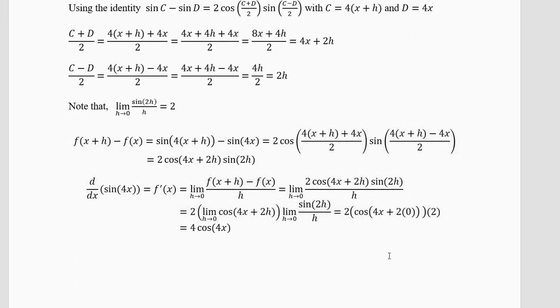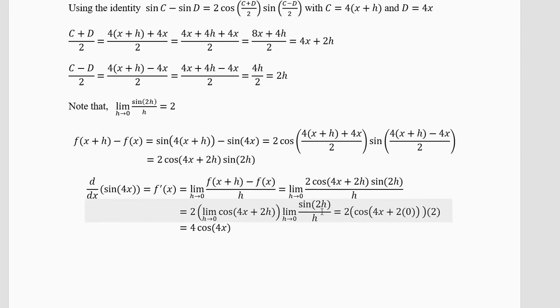And now you take the limit. Now you have to take the limit of this. It is 0 by 0, but we don't have to worry. Take this separately, and this formula we know for the sine limit. So this 2 will come out, cos will be separate, sine 2h by h. You can do cos by h, but it will lead to a problem of 1 by 0, and we are not going to do it. We know how to take the limit of sine 2h by h. We have done it before, so take the h with the sine, not with the cosine.